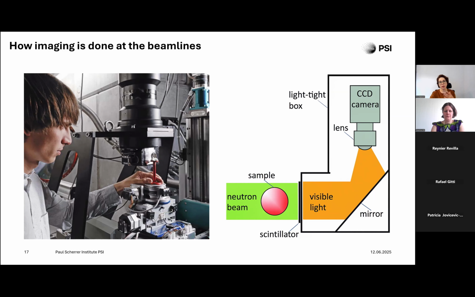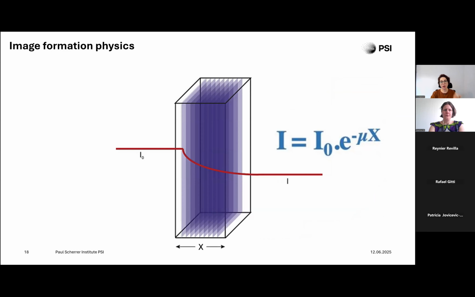So this is the technicality behind how we capture the image, but the physics behind it, how the image forms, is what gets translated into the image intensity,